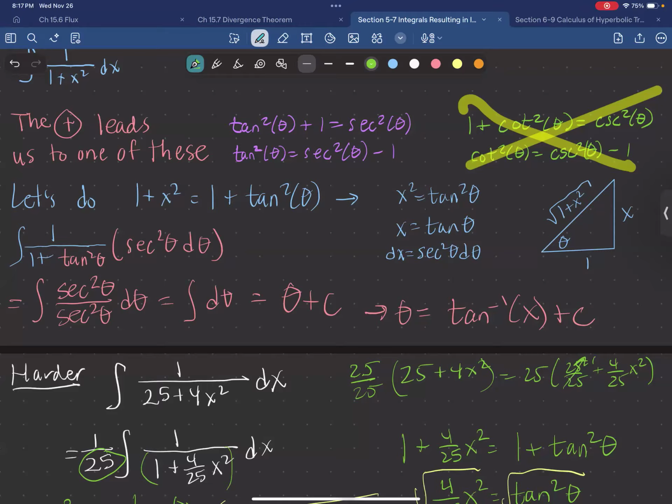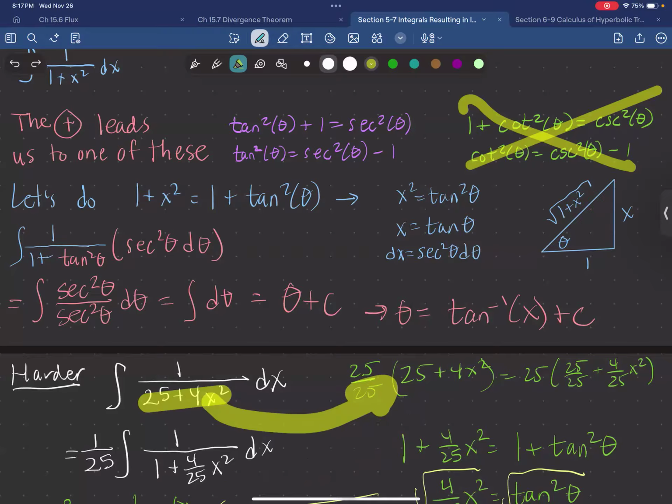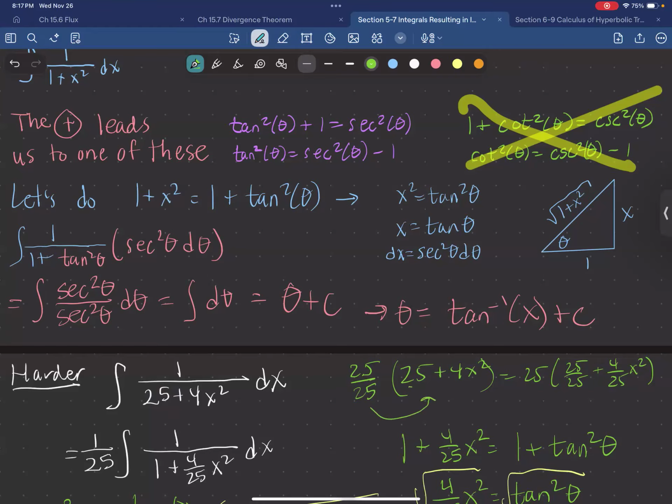That's what I was doing right there. So maybe I'll show that. This leads to that. Make that look more like a 5. And then distribute that in right there. All right, and that leads to that. So I got a 1 over 25 on the outside. I've got 1 plus 4 over 25 x squared. We're going to make that look like 1 plus